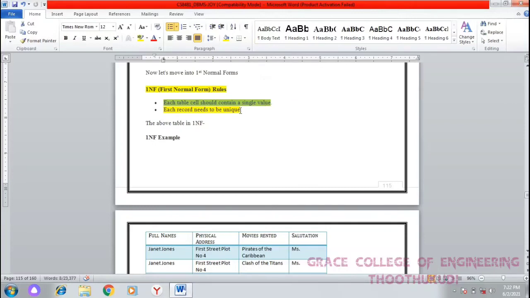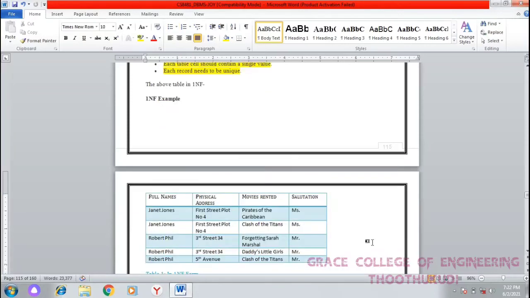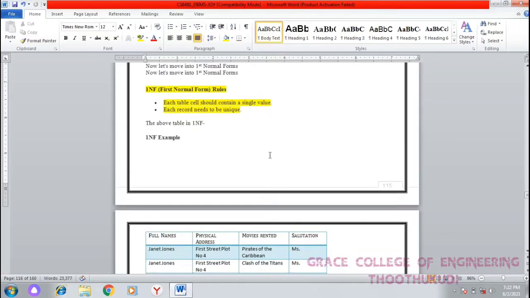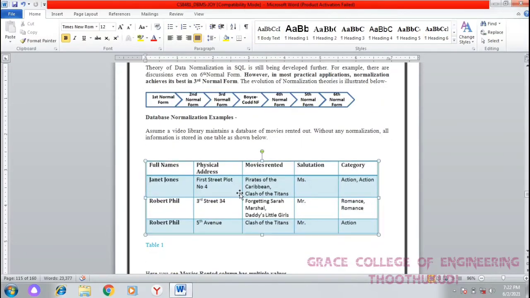Let's see the first one. The rules for first normal form: each table cell should contain a single value and each record should be unique. Multivalued attributes are removed and separated into a separate table.